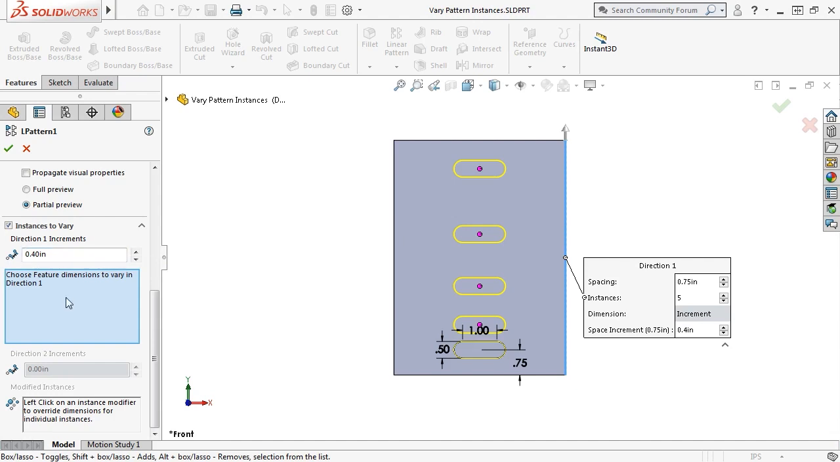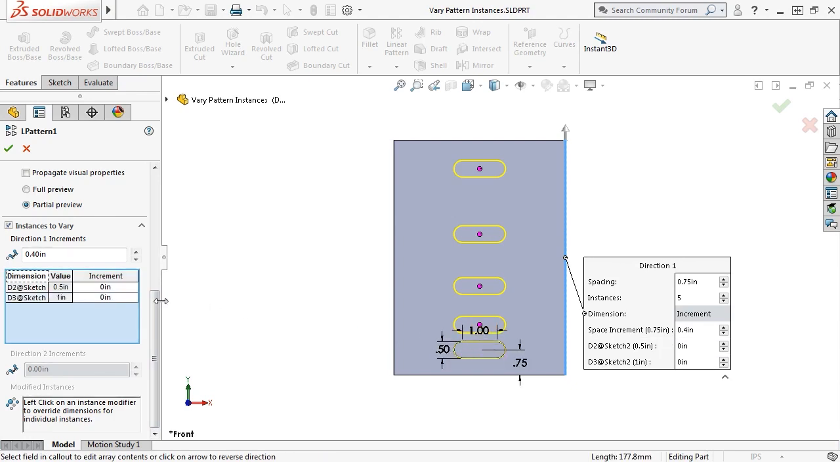To vary the dimensions of each instance, activate the selection box, and then select the dimensions directly from the graphics window. Here, I'll select the width and the length of the slot. Once the dimensions are selected, a table populates with a column for the current values and a column for the incremental value. I'll increment the width of the slot by 0.1 inches, and increment the length of the slot 0.3